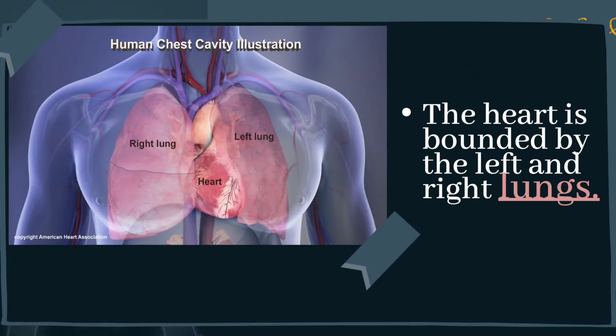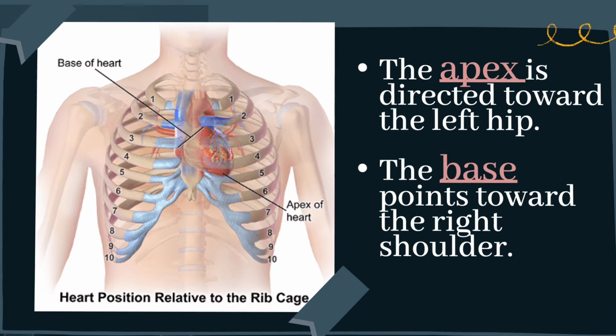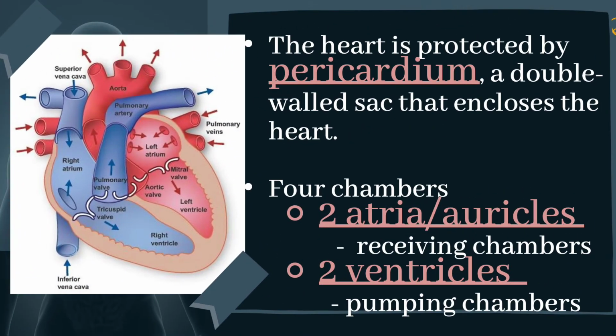Where is the heart located? The heart is enclosed within the medial section of the thoracic cavity. The heart is bounded by the left and the right lungs. The heart's apex is directed toward the left hip. Its base points toward the right shoulder. The heart is protected by a membrane called